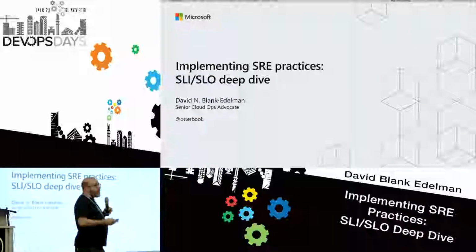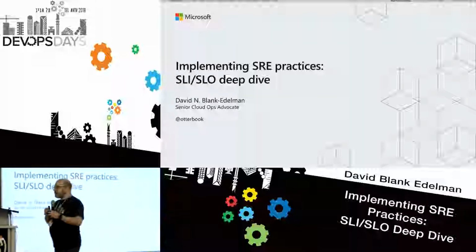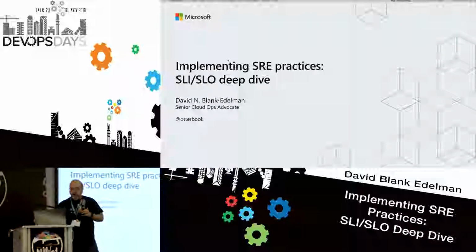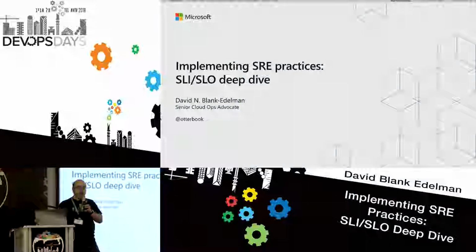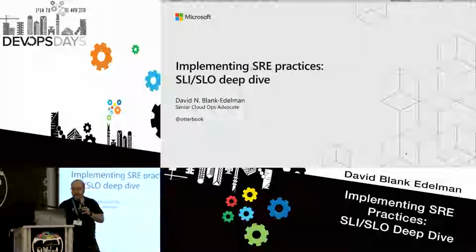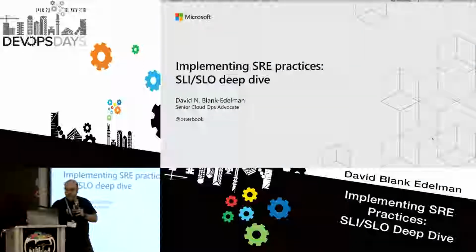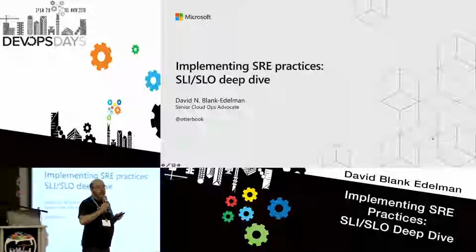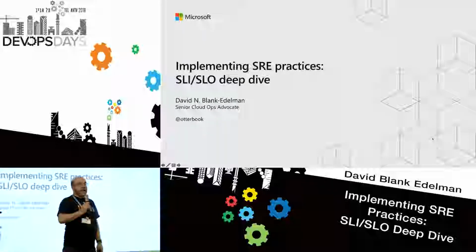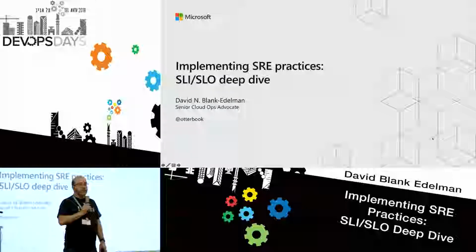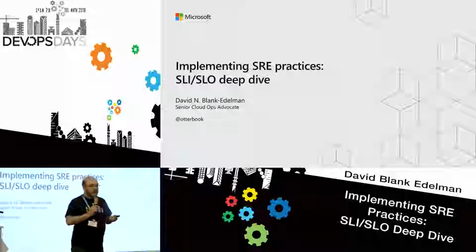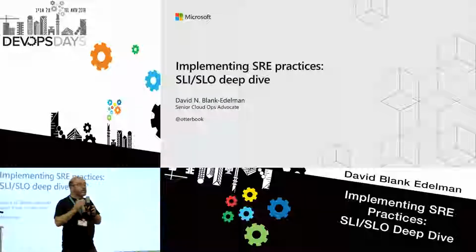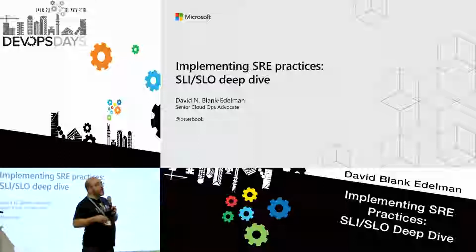Let me get a little bit of a sense of how many people in this room know what site reliability engineering is. Okay, that's good. How many people in this room consider themselves to be SREs for a living? Okay, so look around. These are the people you want to talk to if I get this wrong. Your job is to keep me honest and make sure that I'm going to say the right stuff.